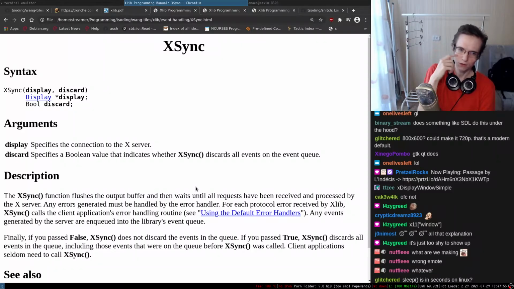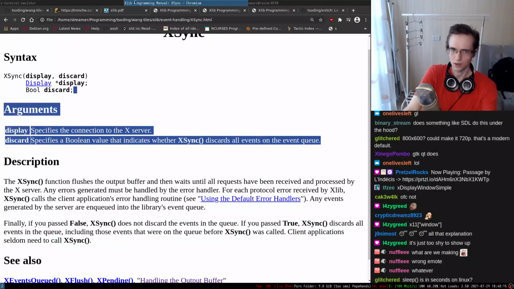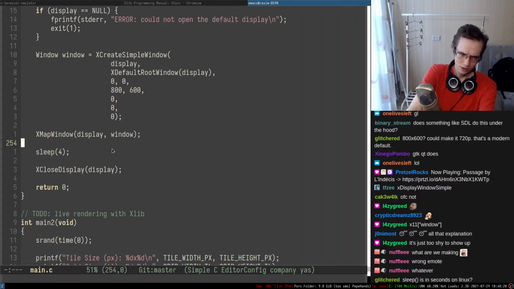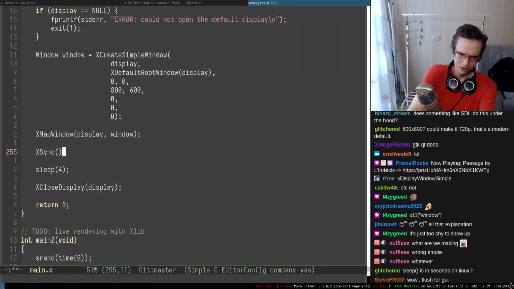So you can actually have several calls, and then at some point you can do something like XSync or XFlush. The XSync function flushes all the output buffers and then waits until all requests have been received and processed by the X server. Any errors generated, blah blah blah. So yeah, you want to do something like this. I wonder if we want to actually do XSync, display, right? And